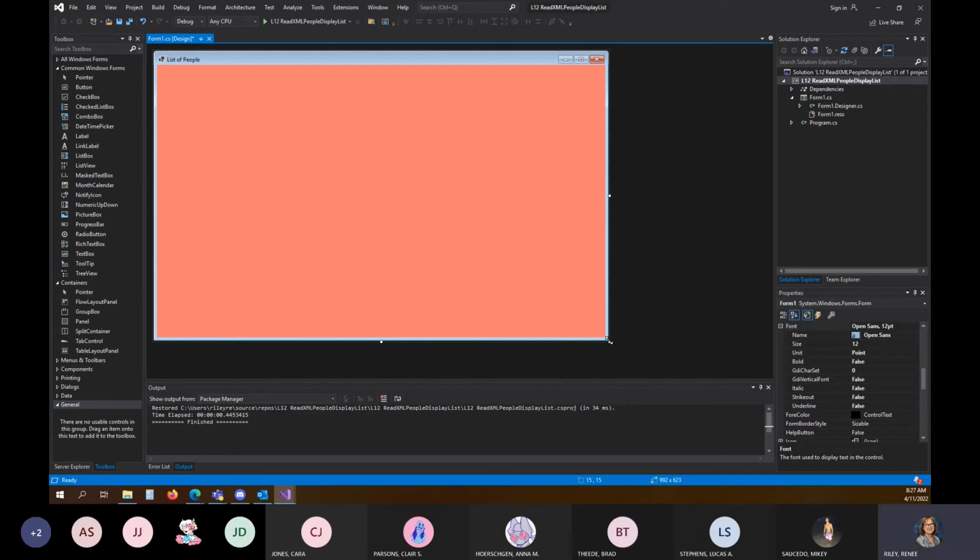All right, on our form, we're going to create a big box in the middle here to list all of our people's information. But down at the bottom of our form, let's use a label, and we'll use it for messages, things like that that might pop up. We didn't use a label control last week in class, but you probably have with your experimenting. I'll go ahead and put my label down here at the bottom